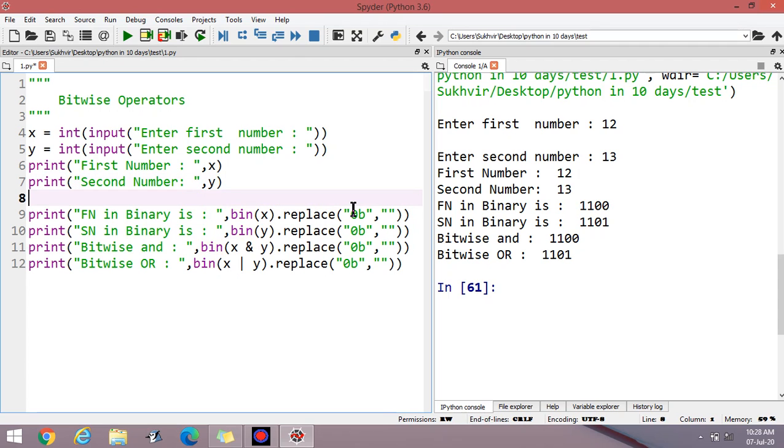Suppose I write here A1 is equal to, Control X, Control V, and place here A1.